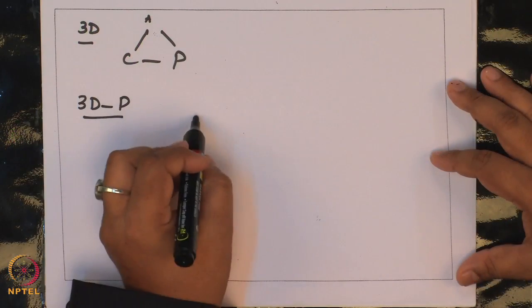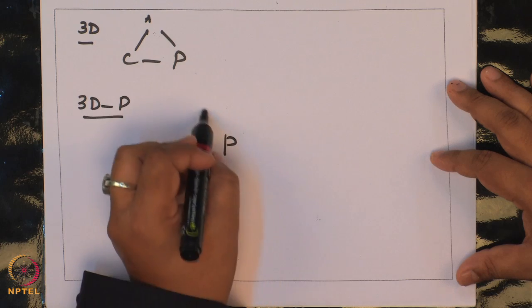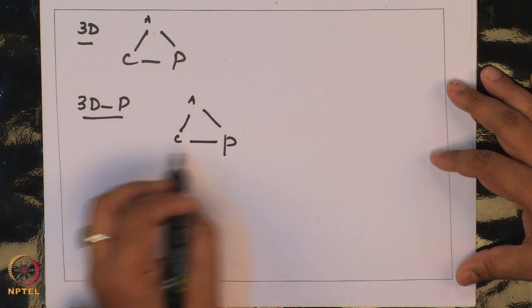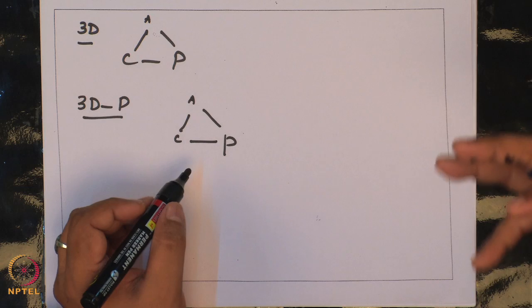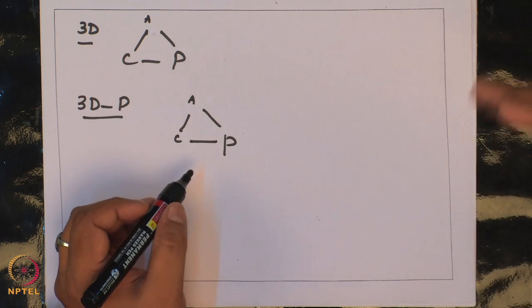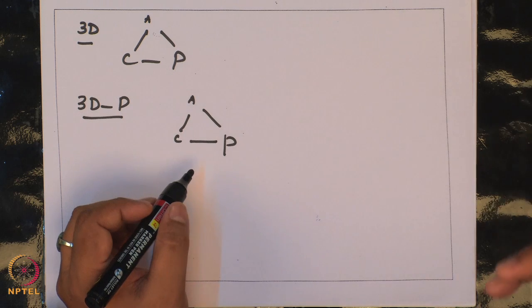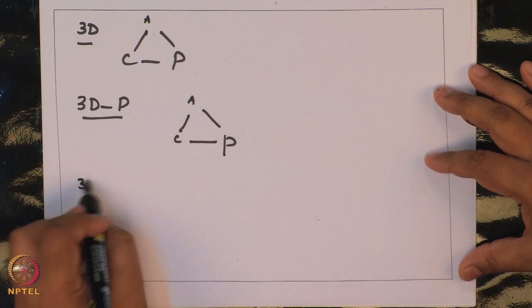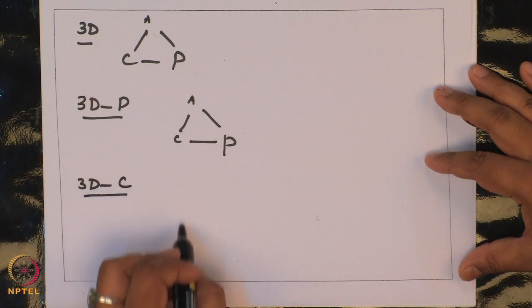You can have 3D protrusive, where protrusion is major, A is insignificant, C is insignificant, and this is through matrices where the pore size is comparable or bigger than the nucleus, because the nucleus is the stiffest component. And the third one is 3D contractile, where